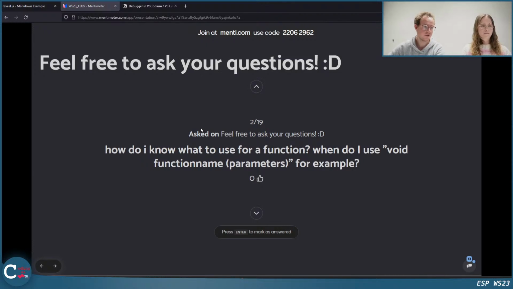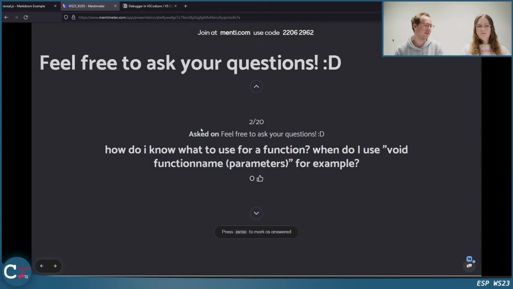How do I know what to use for a function? When do you use void or parameters, for example? In this example that I coded right now, whenever we created a function, I thought: what do I need for the function and what do I want to have from the function? For example, if I want a user input, then I probably do not need parameters, but I want to obtain the result from the function, so I have an integer or a double as a return value.